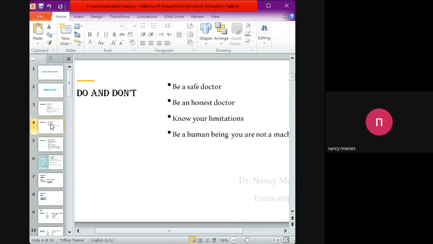Okay? Then when you enter, what does the examiner want from you? They want a person who can communicate with the patient, who can talk with him in easy language. But the most important thing is what? They want a safe doctor, a doctor who will not harm the patient. If he doesn't know something, he will say, I will consult my senior. I will ask my consultant, not just tell him any wrong information,